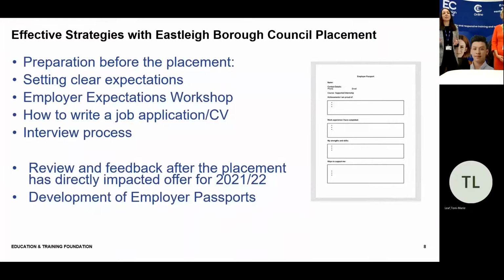Thank you very much. So as I said, the effective strategies that have come out as a result of working with a range of employers, but particularly Borough Council, is looking at the successes that made that work to start off with. As Lee said, the preparation before the placement was really helpful. Setting those clear expectations, the workshop for learners, coming in and making sure that they know what's expected in the workplace. Because, for a lot of these learners, they've had quite a disrupted time over the past couple of years, not been able to complete work experience, not get a true reflection maybe of what's needed in the workplace. So I think it really helps to have that input right at the start,